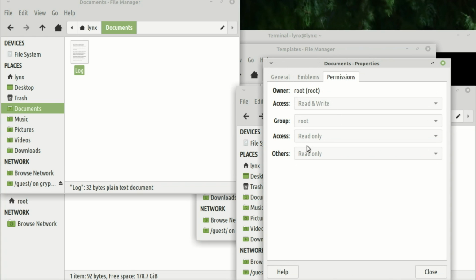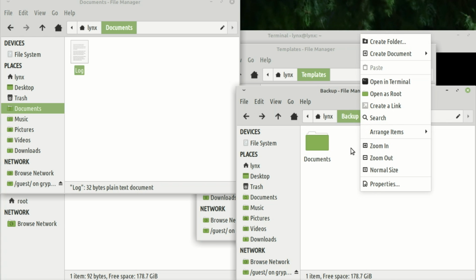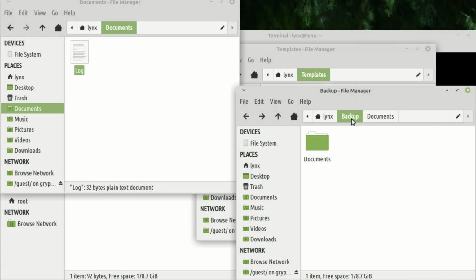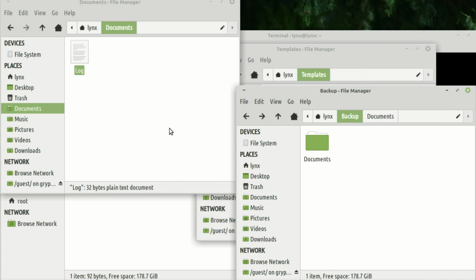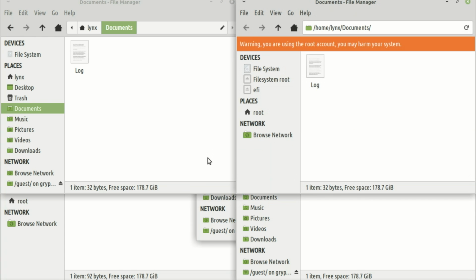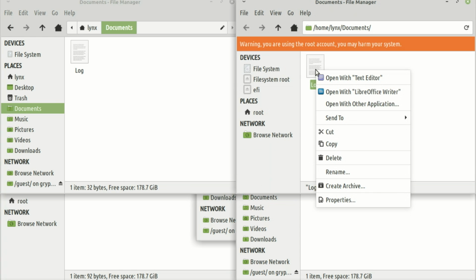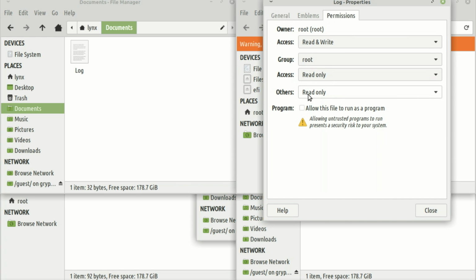It's owned by root. In order to correct it, we'd have to go into root in this directory right here, the backup directory, and open as root. We're going to do this over here with this log file. So right click, open as root, put in the password. Do right click on the log file, go down to properties, go to permission, change this read only for others,